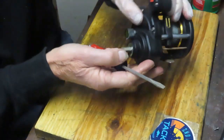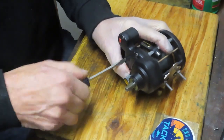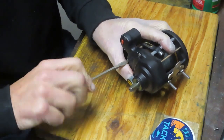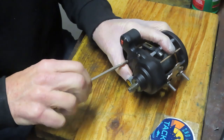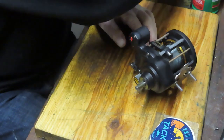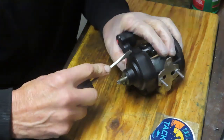And what I'm doing as I'm taking these screws off is I'm putting them into a corner of my parts tray, and I'm making sure that all of these are the same length. If there's a longer one or a shorter one, then you want to identify that. You want to make sure that as you go back to reassemble the reel, that the